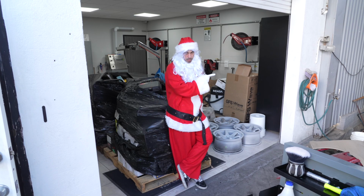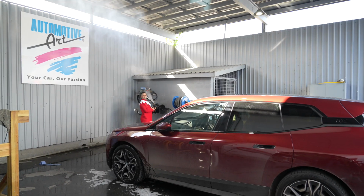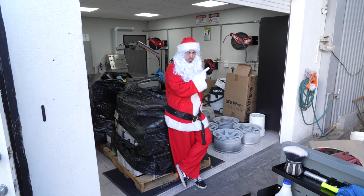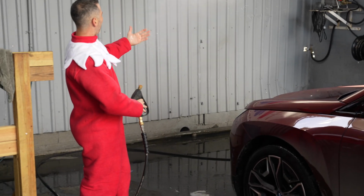I'm getting real sick of this elf. I don't want to point fingers, but he's a problem. Santa lets me use his toys. Look, Elfrey's making it rain. He's a real problem. So now that we've cleaned the wheel,